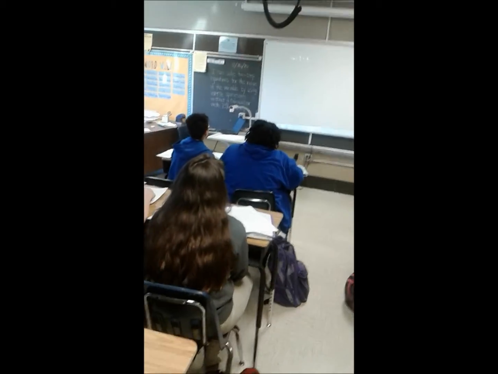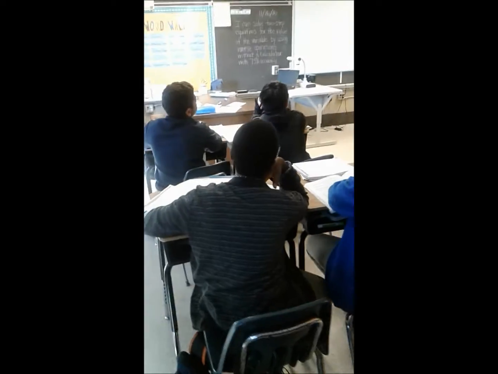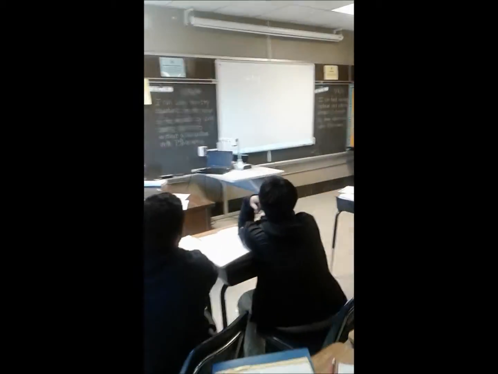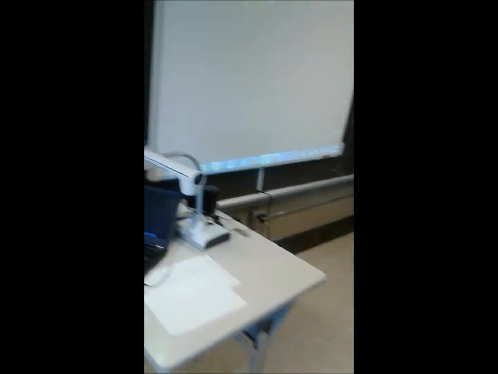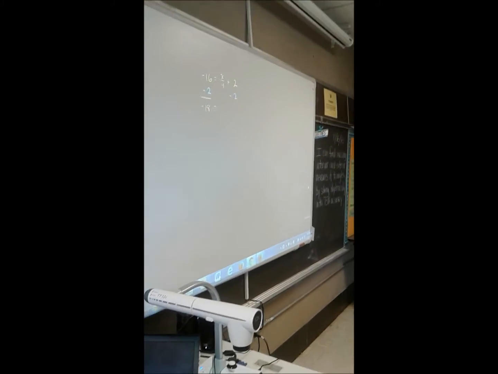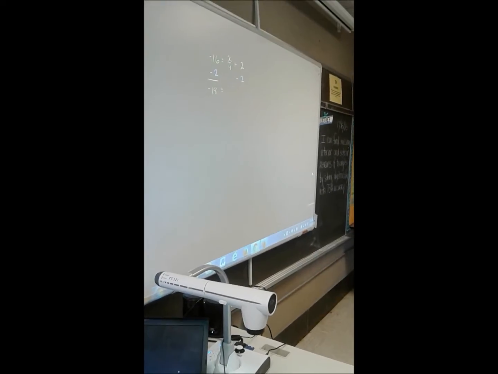But if we want to subtract it from the right-hand side, we also have to subtract it from the left-hand side, because this is an equation. If this is equal to that, anything we do to that, we also have to do this. So let's subtract 2 from both sides. So you subtract 2 from the right, subtract 2 from the left, and we get, on the left-hand side, negative 16 minus 2 is negative 18, and then that is equal to x over 4,